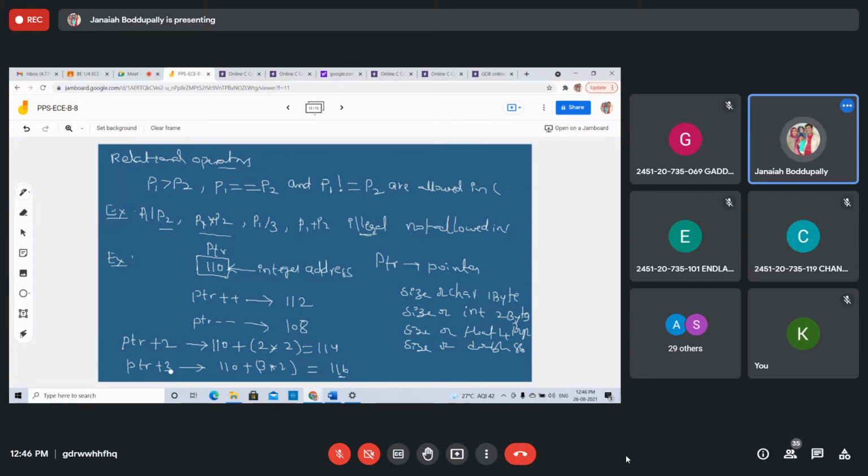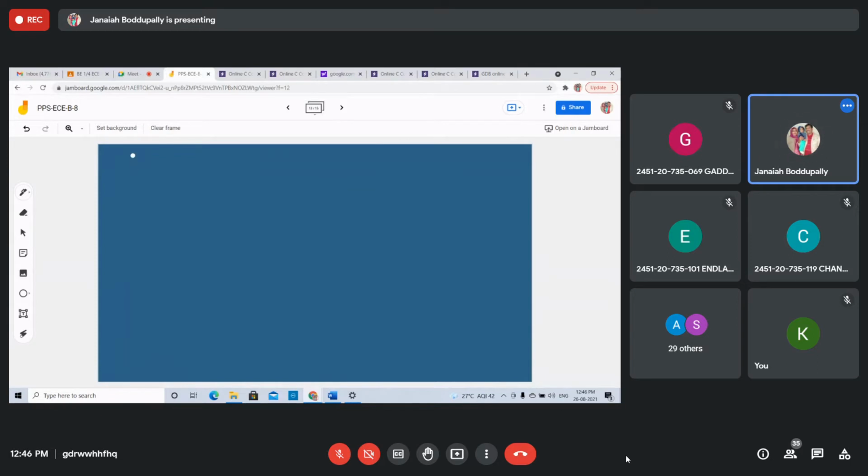Students, are you getting? Right? Now see, this is the formula. Next, I will write the formula: ptr plus i, where i is any constant value. ptr plus i equals pointer address plus i into size of the data type.